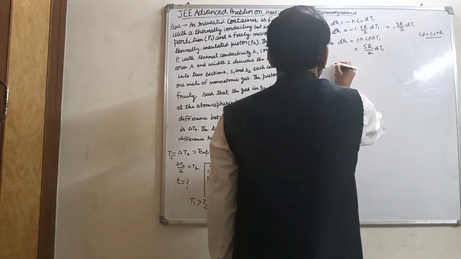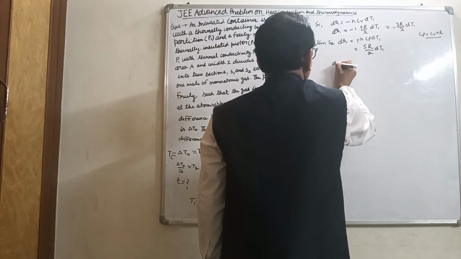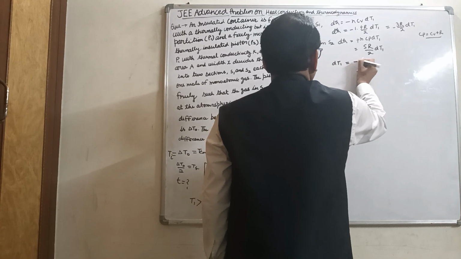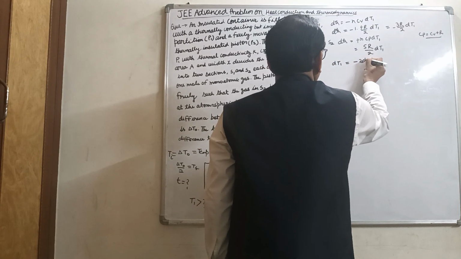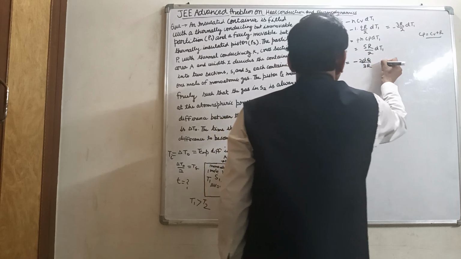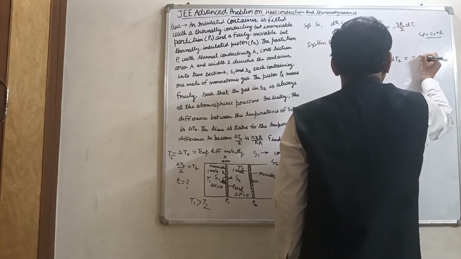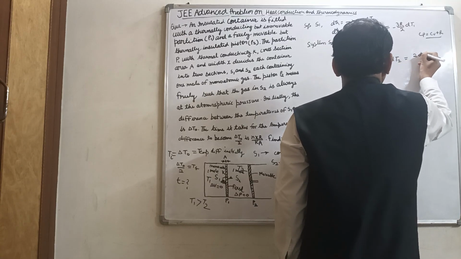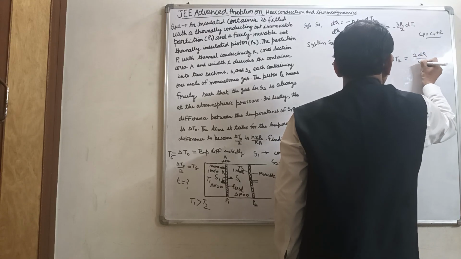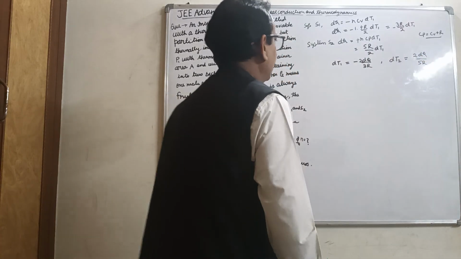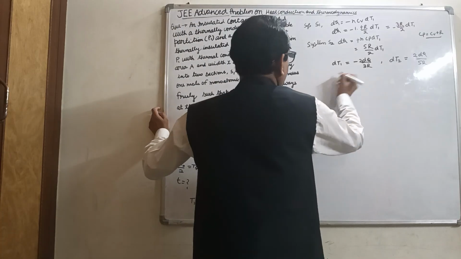So we have to find the dT1 and dT2 here. So dT1 would be minus 2 dq by 3r, and dT2 would be plus 5 dq by 3r, 5r. This is dT1 and this is dT2. So we write here